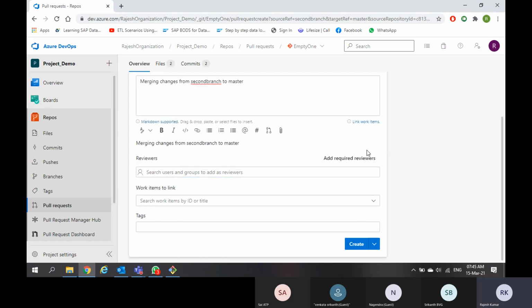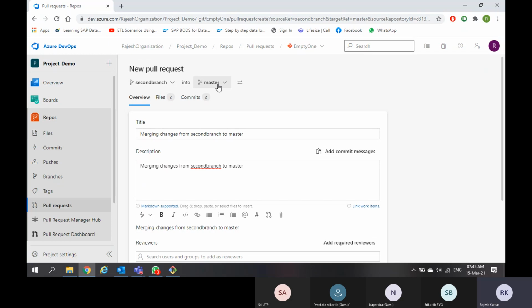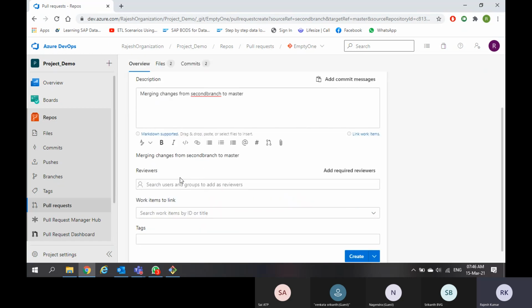See, master is something like the first code repository, and the remaining people will be using whatever code is there in master. When you are adding something to master, that means you are going to share your changes with the entire team. If your changes are not proper, then the entire team will go wrong. They will be working on wrong data, maybe wrong code. For that purpose, before merging your changes, you want to have a reviewer, so that they will review the changes and approve. Then only your changes will go and sit in the master branch.